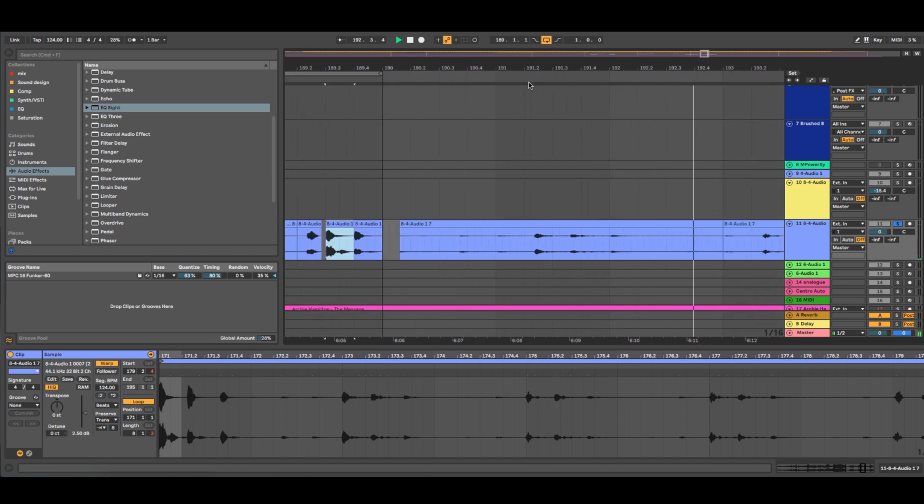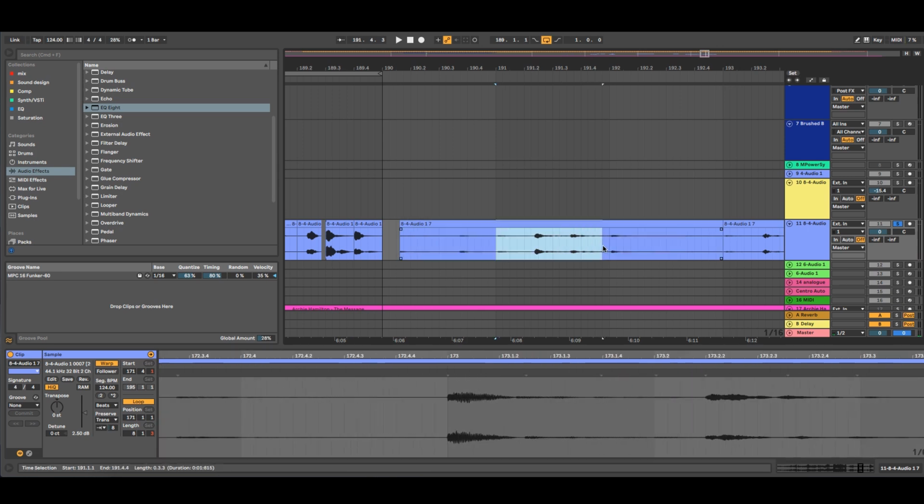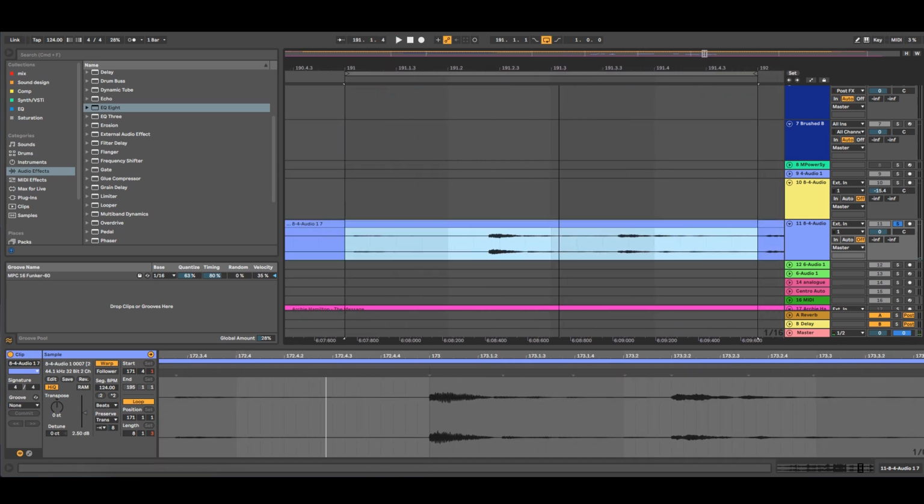This is unarranged. Now if I just loop this, we'll carve this into a groove again. I like to come here.